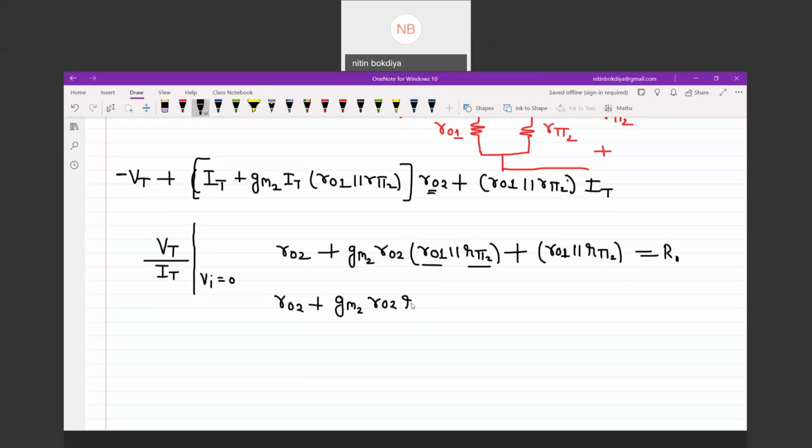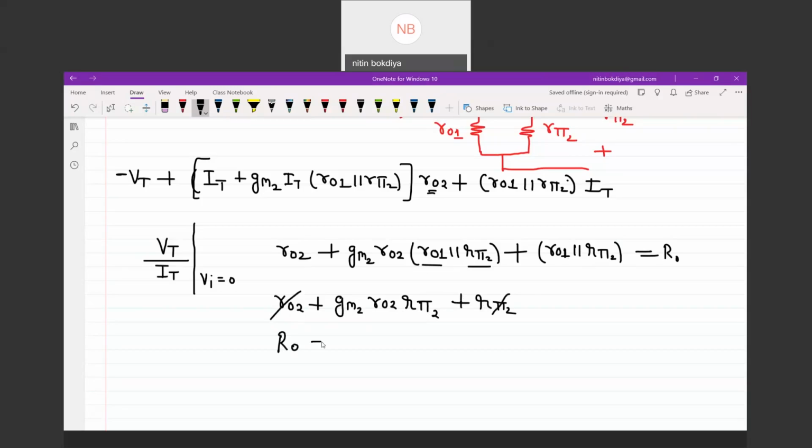So you can say this is approximately R pi 2, and you can neglect this, since the resistance is higher and we are taking it lesser. So R01 in parallel with R pi 2 is again R pi 2. GM2 into R pi 2 is what? Beta 2. Beta 2 is 100 times, so you can neglect this 2 number also. So can I say,